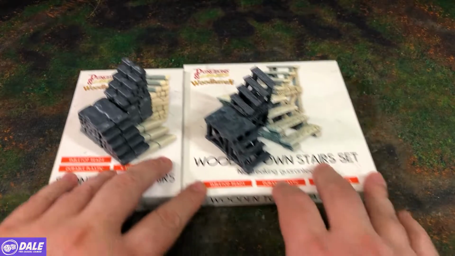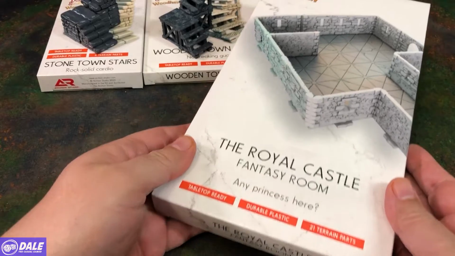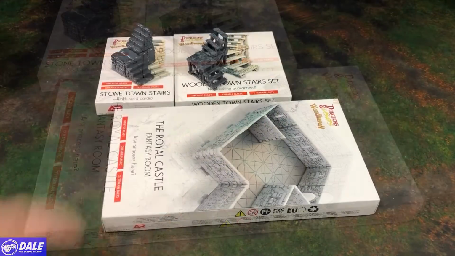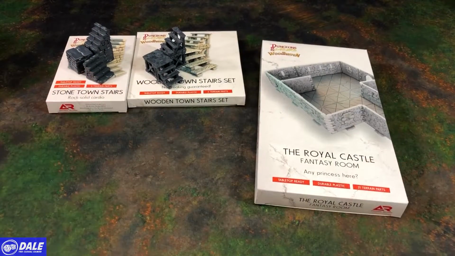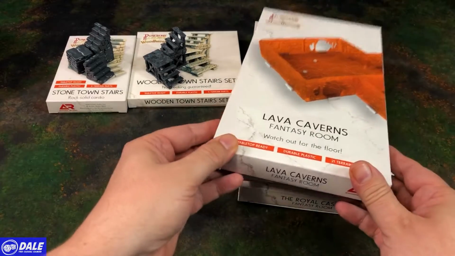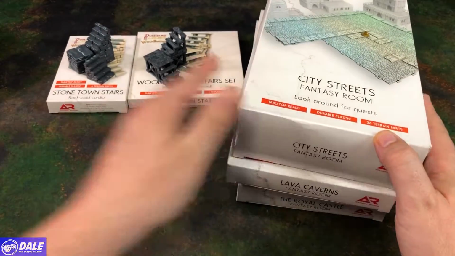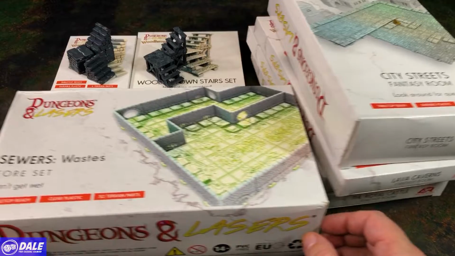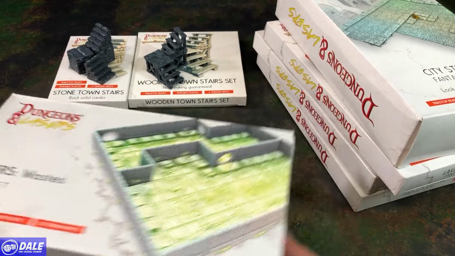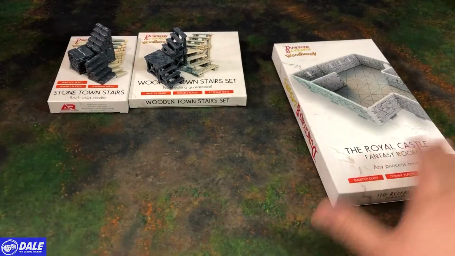And with steps done, we are going to move into some bigger rooms. So going into the Royal Castle Fantasy Room, and there's several different rooms for this. In addition to the Royal Castle Room, we have the mansion, some lava caverns, then we go into some city streets, and we also have some sewers. So these are going to be a lot of connecting walls or tiles, and then some walls to be built into it. So we will get started with taking a look at the castle